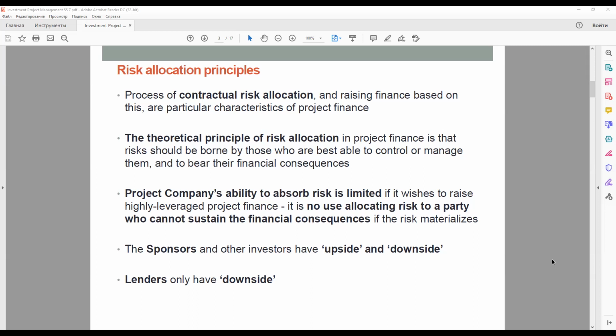As the ability of the project company itself to absorb risk is limited by the low levels of its equity, this may mean in some cases a transfer of risk from the project company to the sponsors. It should be noted that risk assessment by lenders is based as much on the financial impact that a particular risk may have on the project's viability as on the likelihood of it actually happening. So a low probability, high impact risk is one that will usually concern the lenders.